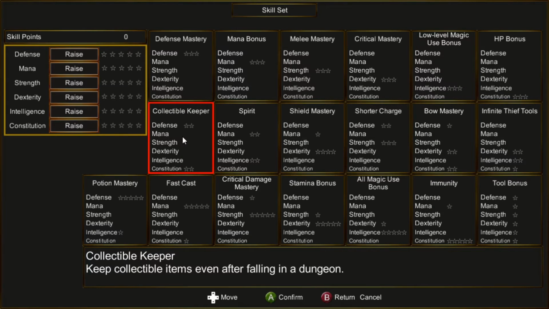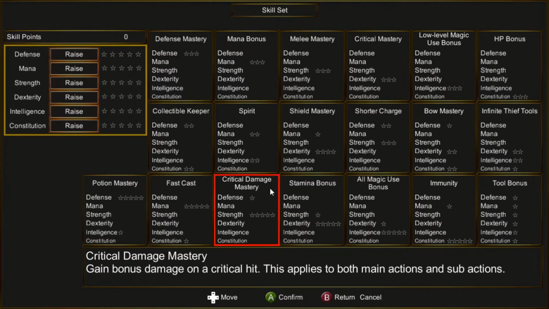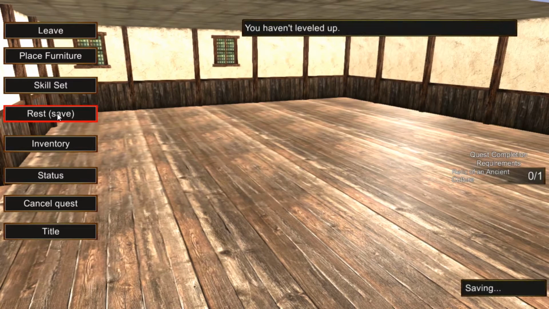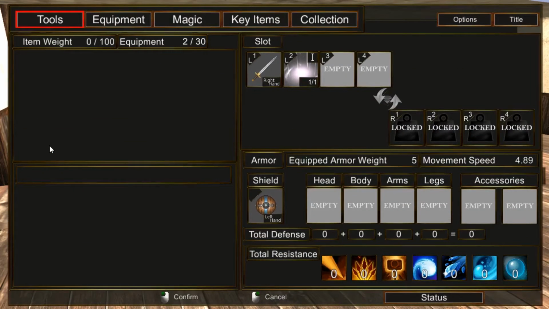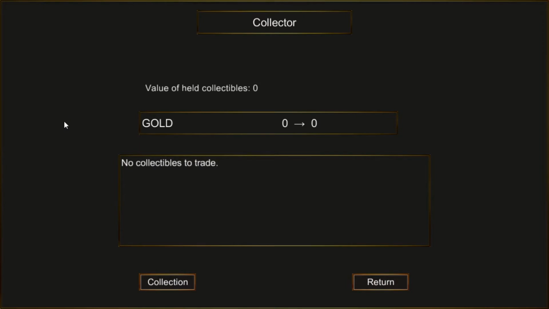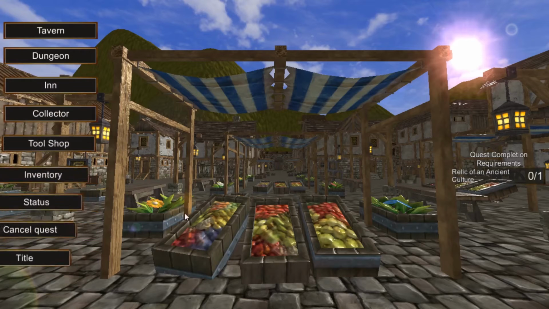You can also decorate your inn room with items that you find in the dungeon or purchase at the item shop. And resting will grant you the chance of leveling up if you have enough evil souls, which function as experience. Resting also saves the game state automatically. The collector is where you can turn the various broken items that you find in the dungeon in for money, while